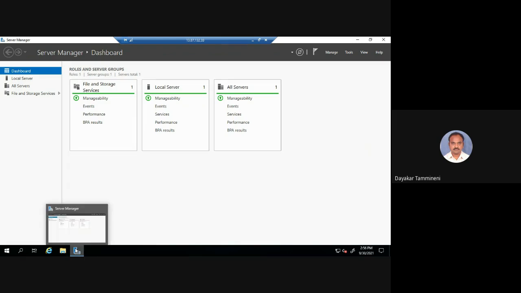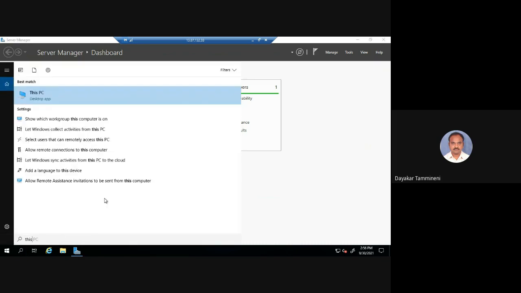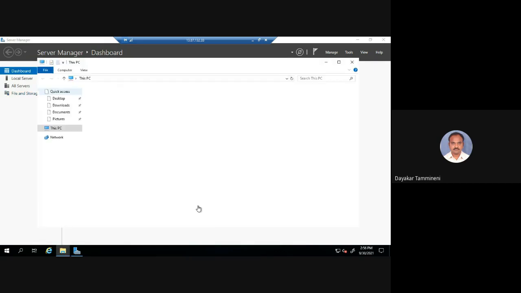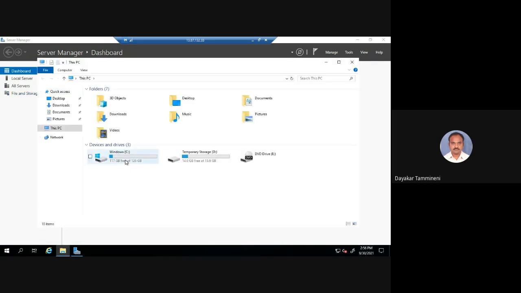Similarly, you can check the size of the hard disk. Just search here and go to this PC. Click on this PC. Here you can see what the size of the hard disk drive is. The C drive has 126 GB and the temporary storage has 16 GB.